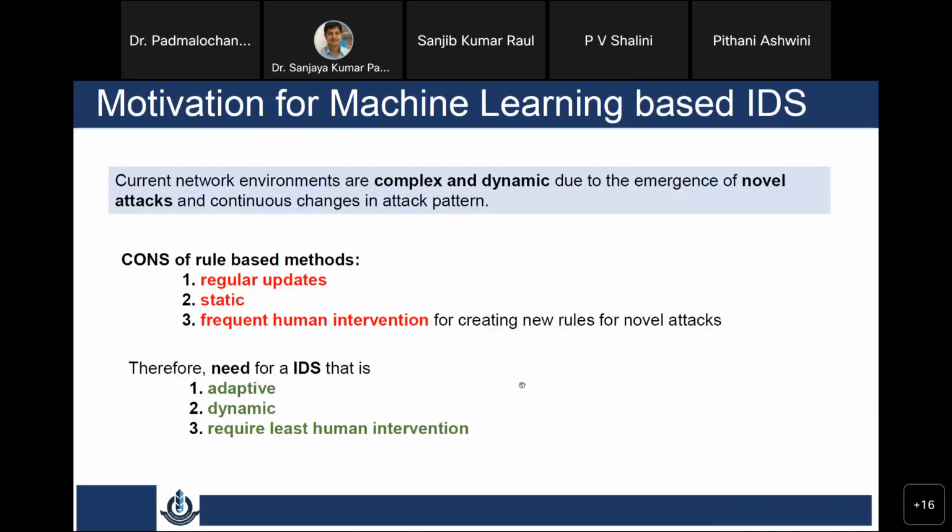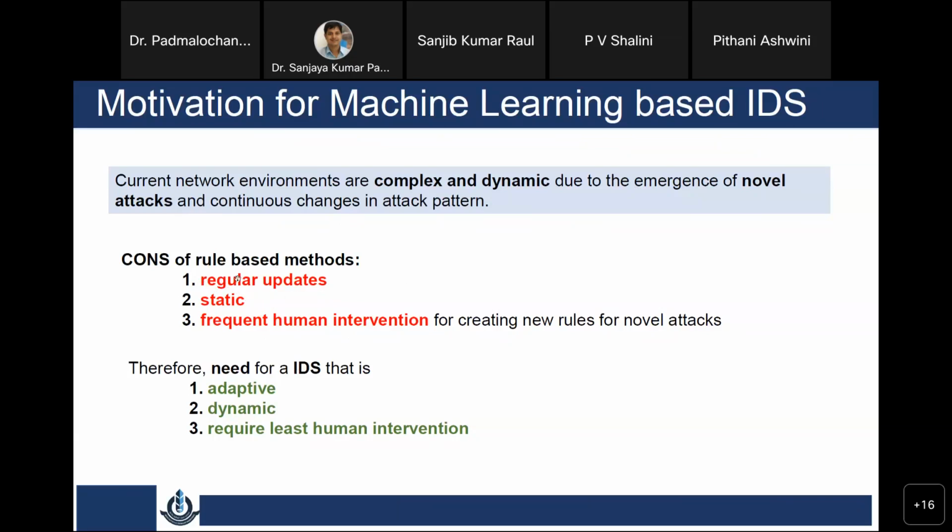Right now, where machine learning comes into the picture, obviously you can see, because the anomaly based IDS looks at the behavioral analysis. So there machine learning may come into the picture for training the system, for improving the performance, so that more and more new attacks can be detected. If you train with good data sets and appropriate features are selected, then your intrusion detection system would be giving better performance.